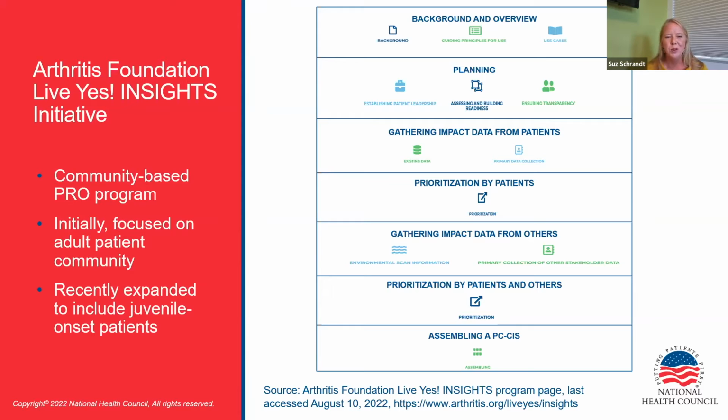And then finally, in terms of telling the story of the creation of the Insights program, this maps really beautifully to the assembling of the PC-CIS and the blueprint. It's been captured in journal articles. The story has been told widely across the arthritis community about how this program came to fruition, what the steps were. And so it just really lent itself well. Of course, not each body of activity is a perfect fit. And if you've already gone through the blueprint and through the use case, you'll see that. But it certainly helps to contextualize how a patient advocacy organization or other end user would go about some of these steps. So we can go on to the next